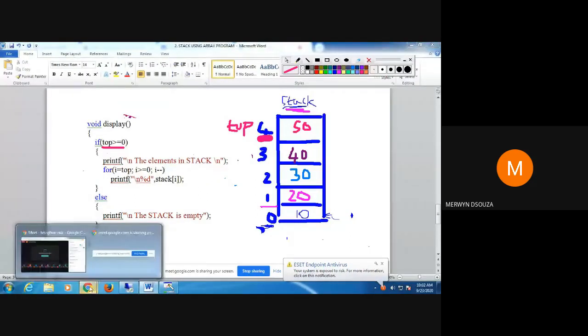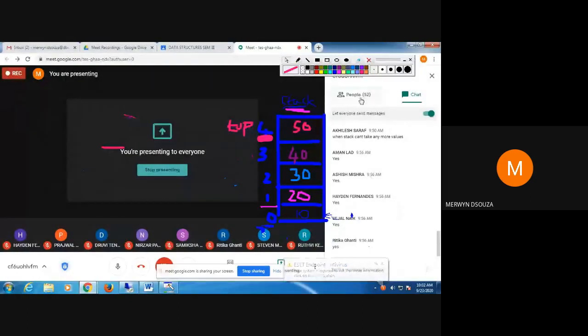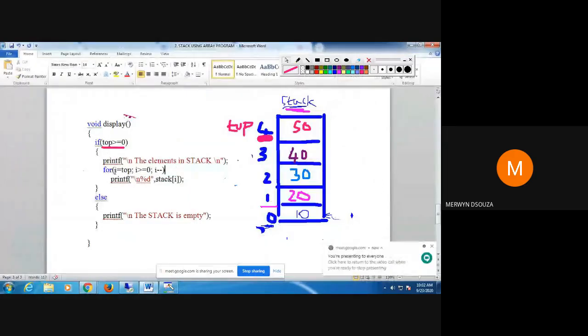Just think about it. I'll tell you later. Think about this portion of the code, this portion that I just made big. i equal to top. Okay, I'll tell you later.